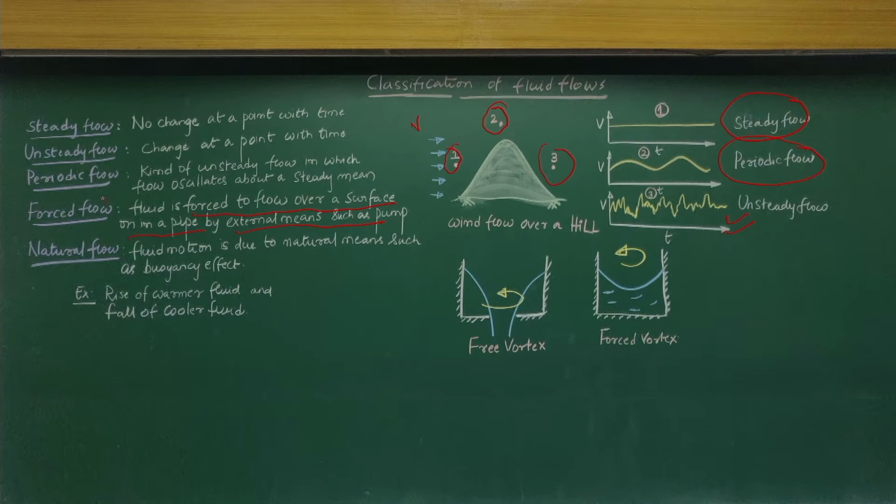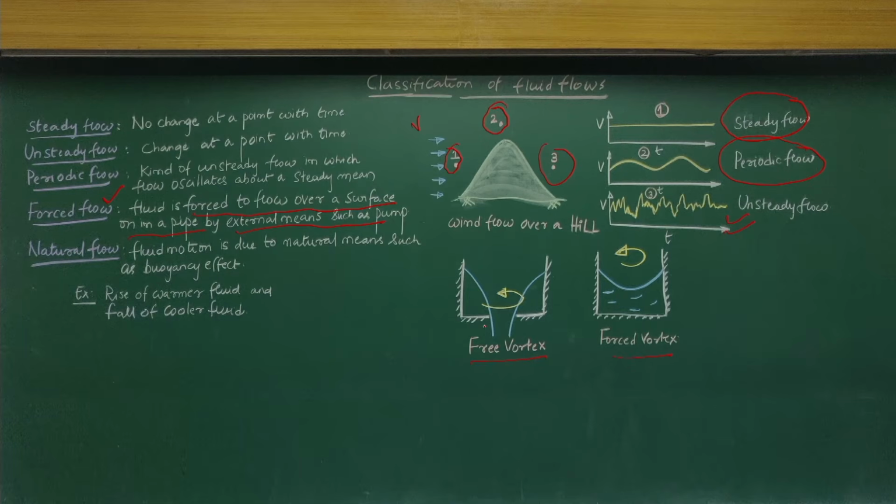Then we call the forced flow systems. Another flow system, which is very simple, is the gravity-based or buoyancy-based flow system, for example these vortex patterns I am showing here. In one case I have a tank and I am rotating it with a uniform angular velocity of omega, and in another I have a tank with just a slit to drain the water,